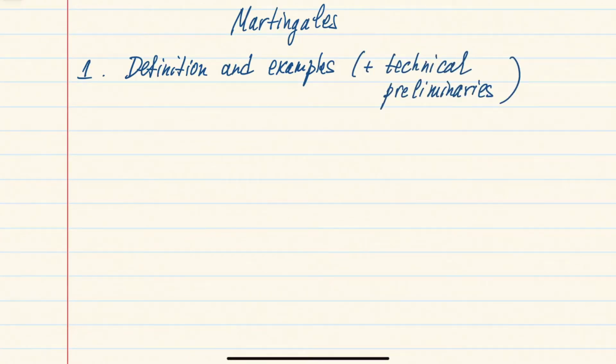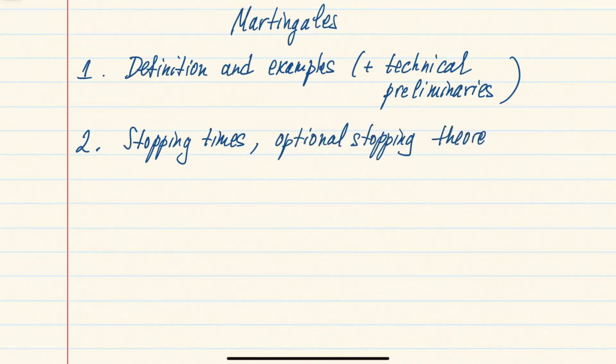Then in the next 2 sections we will discuss several of the most famous aspects of martingales. In the second section we will discuss stopping times first, and then we will prove this very famous result called the optional stopping theorem. And toward the end of the section we will also apply this optional stopping theorem to get a few results